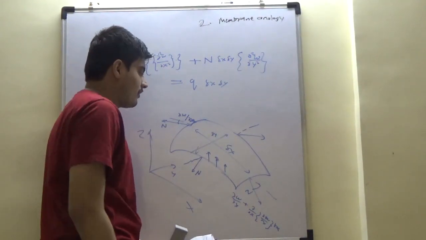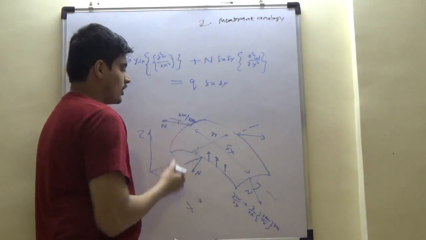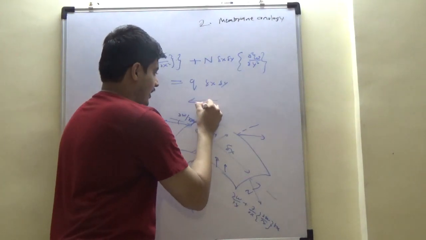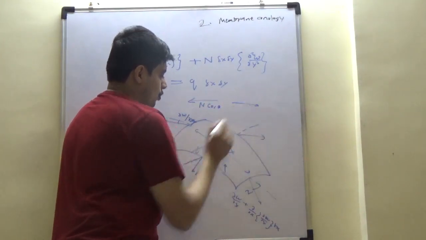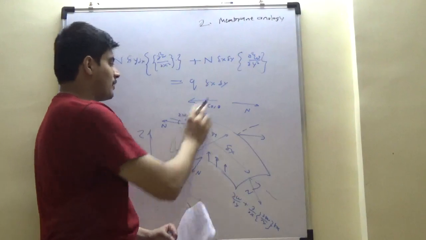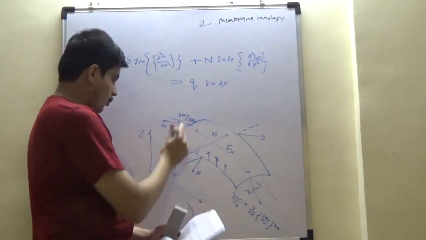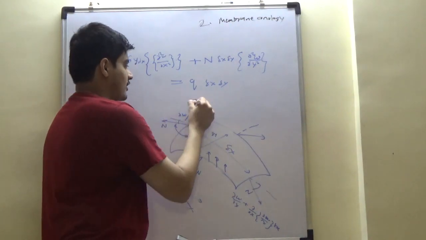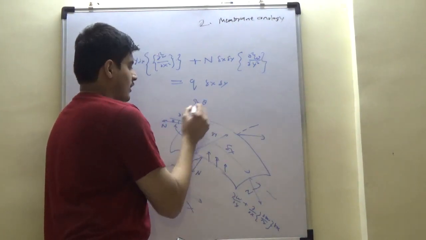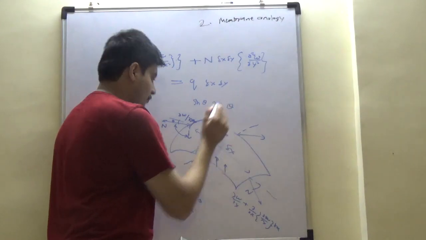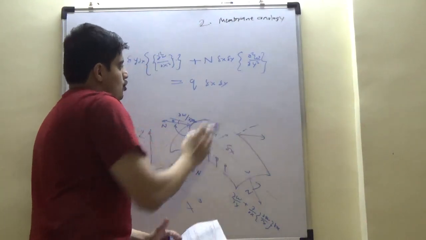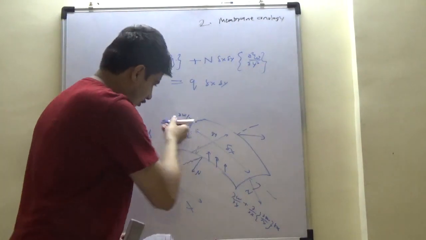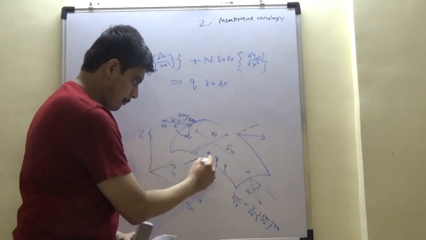So the equilibrium equation will tell you that these are the projected components in this direction, n cos theta on both sides is what the equilibrium force is. The only force which is perpendicular is this angle, right? Sine of this theta. But when theta is small, sine theta is approximately theta, correct? So what we have done is we have taken the vertical projections of loads from here which oppose this load